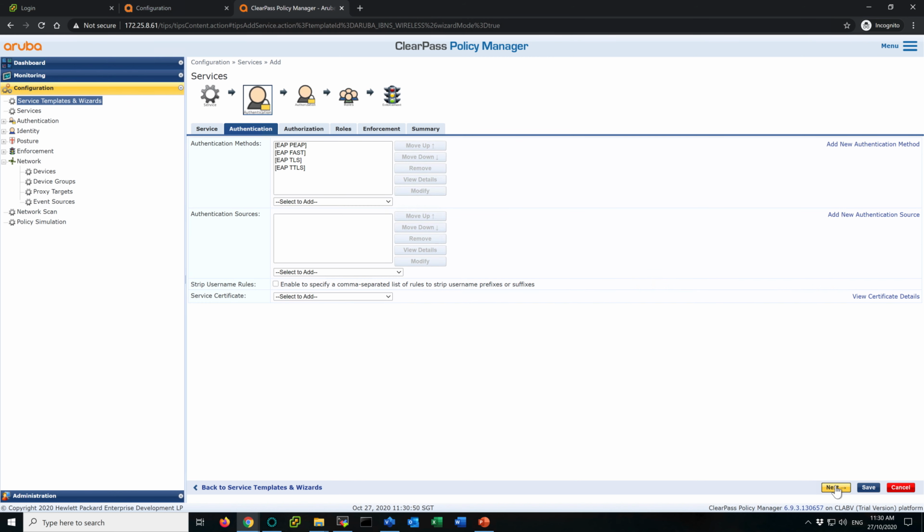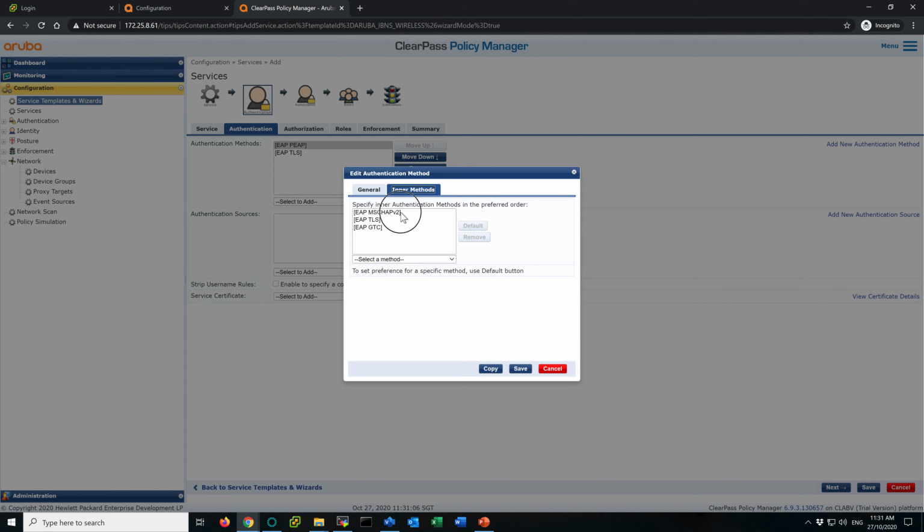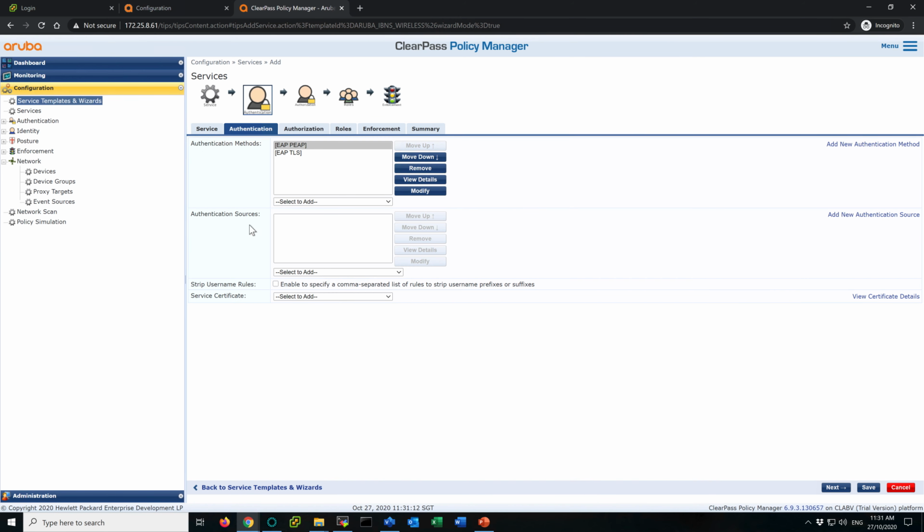Click next. Authentication. So we just leave the EAP-PEAP and EAP-TLS. These are two common authentication methods. We can leave it there. And in the EAP-PEAP, you can click here to see what the inner methods are. So we already have the EAP-MSCHAPv2, which is the one we will use later, right? Authentication source. Now in this case, for authentication source, we can just leave it as local user repository first